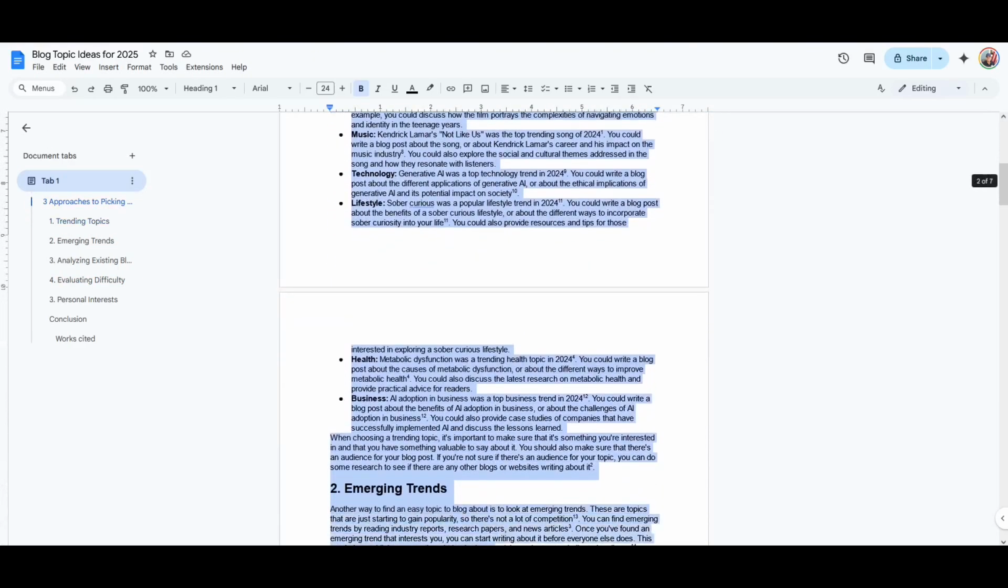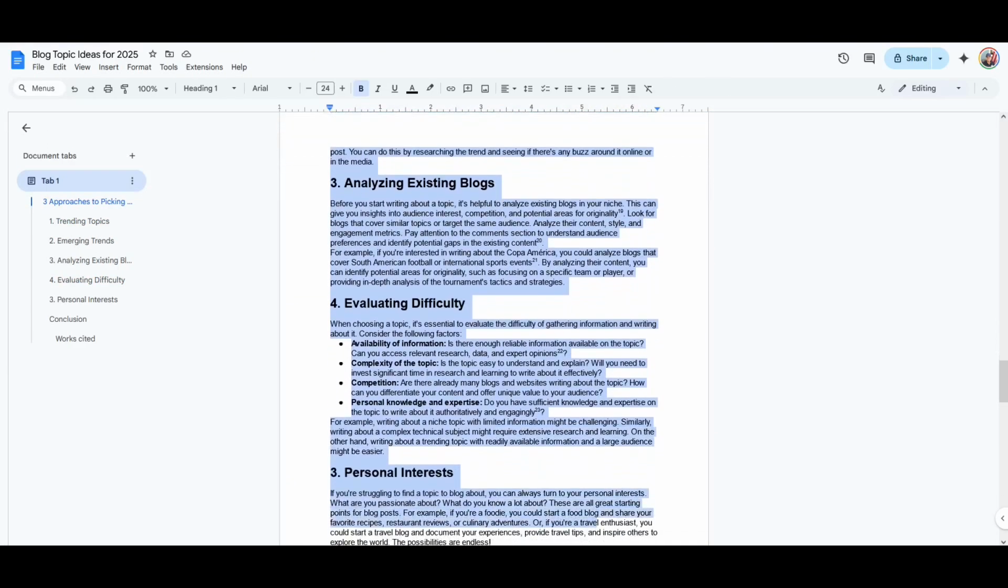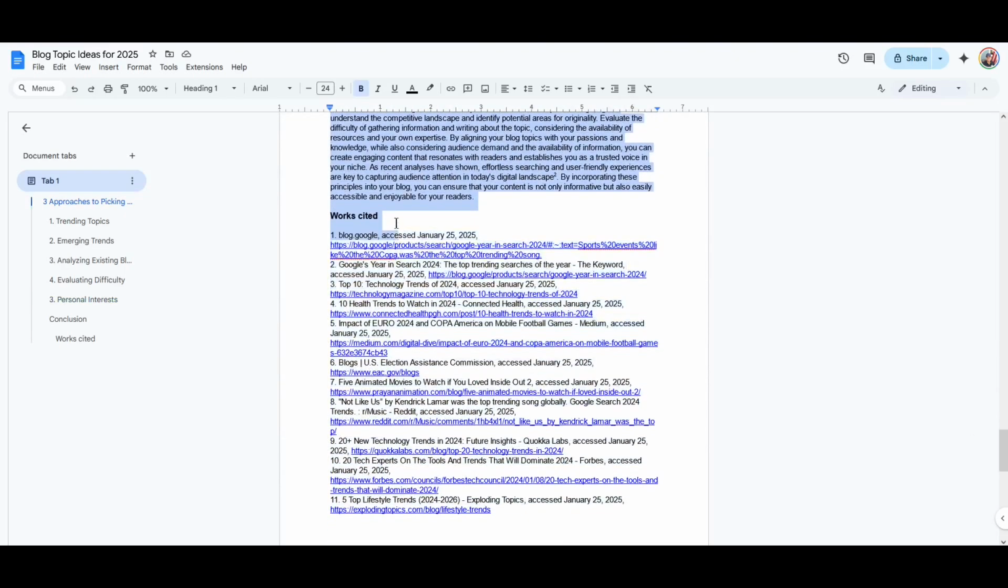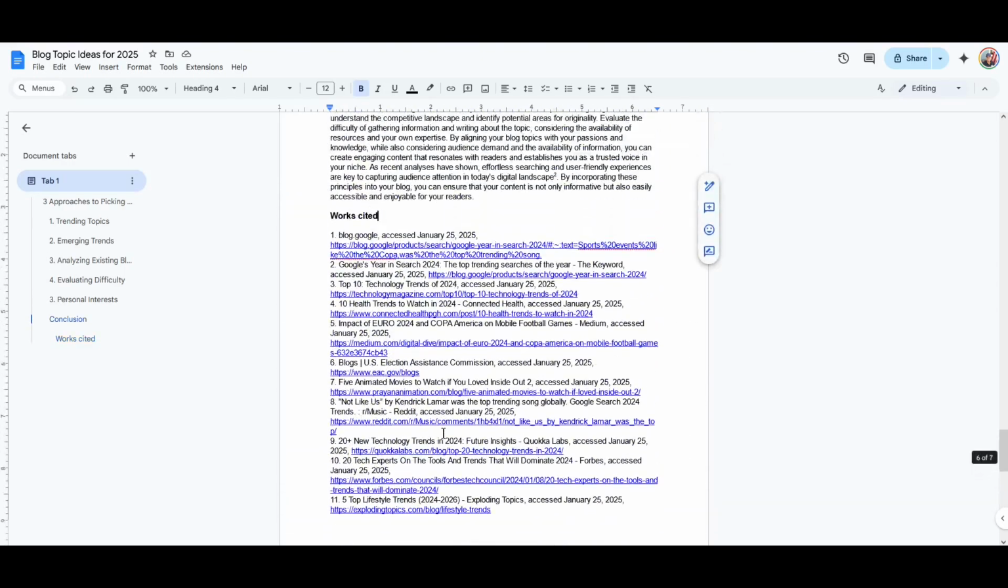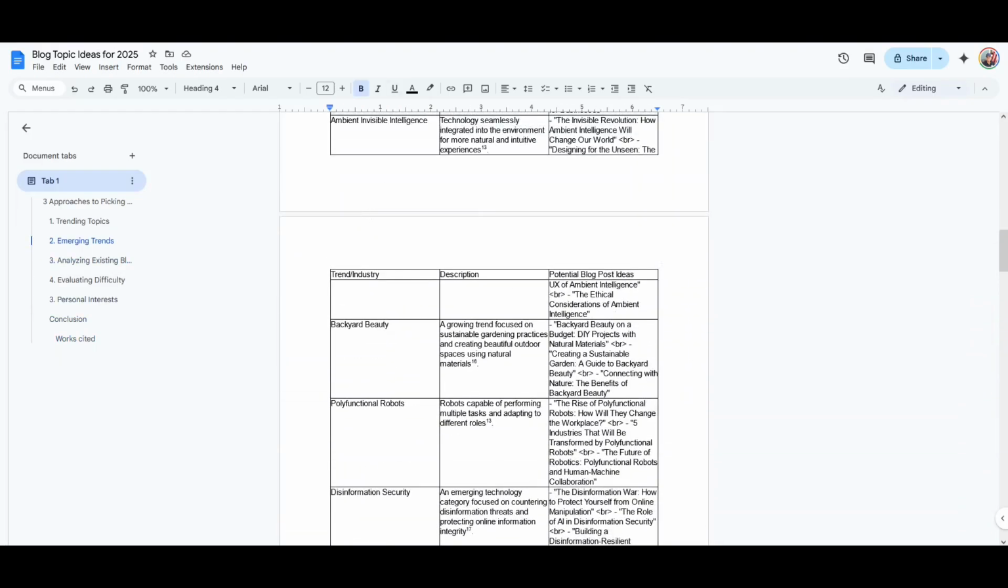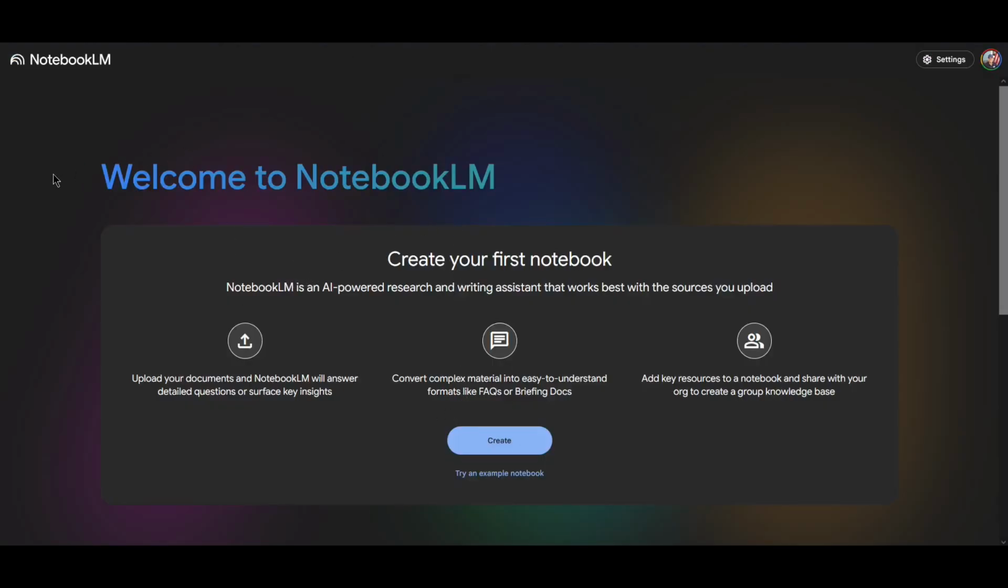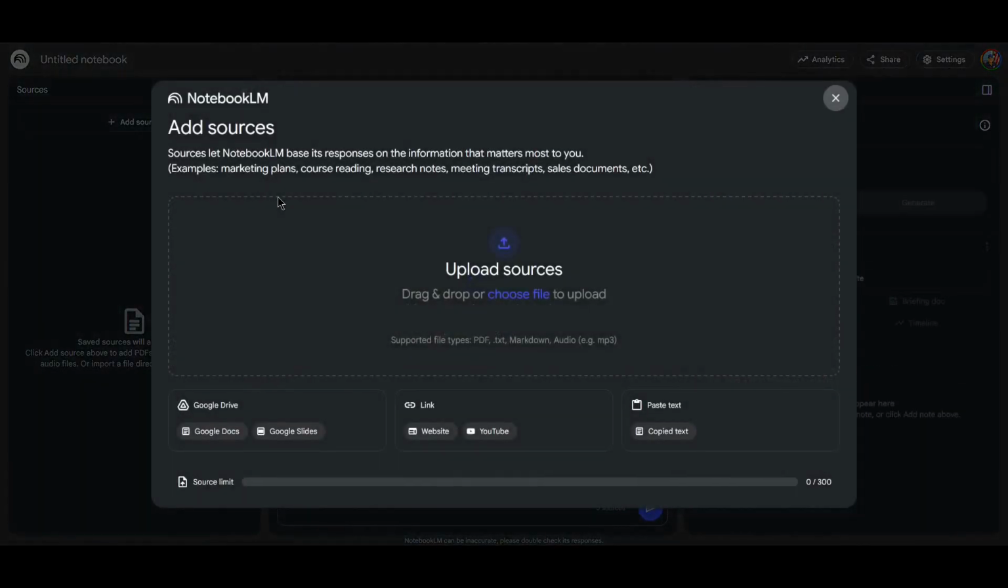So I'm going to copy it here, and after copying it, I will paste it into Notebook LM. But just a quick side note here, it's even giving you all of these works cited, like where it's getting the information from. These are all the links to all the websites that it went through. So as of right now, I'm going to go into Notebook LM, and I will leave the link to this in the description also. And I'm going to click create,